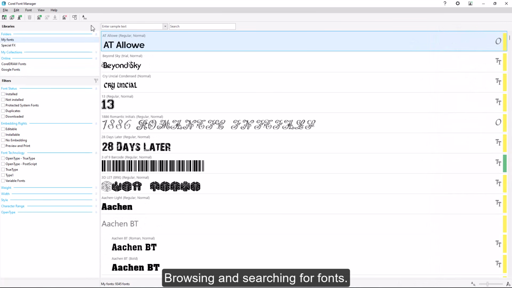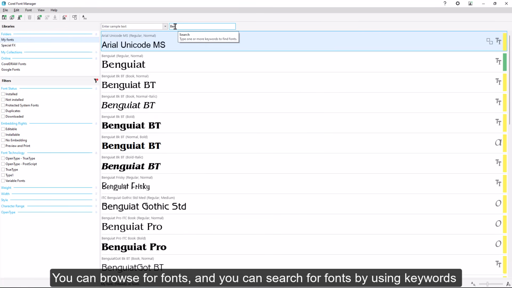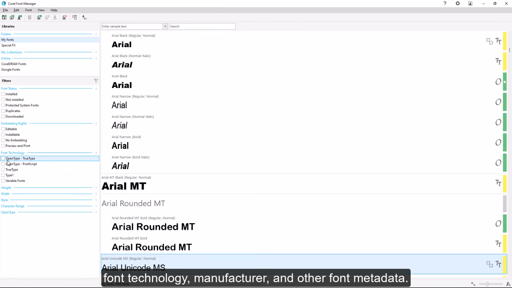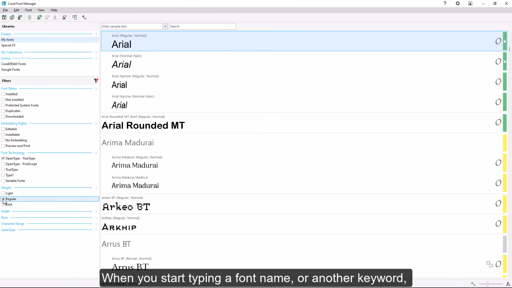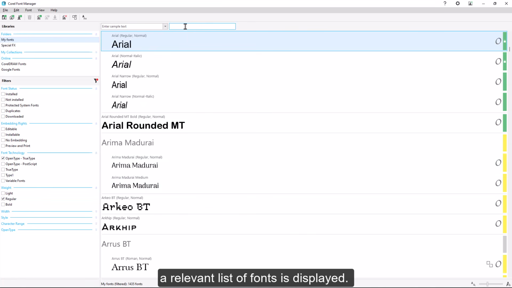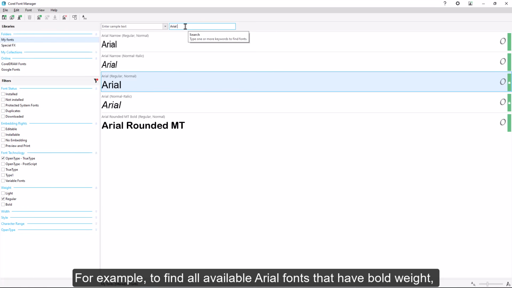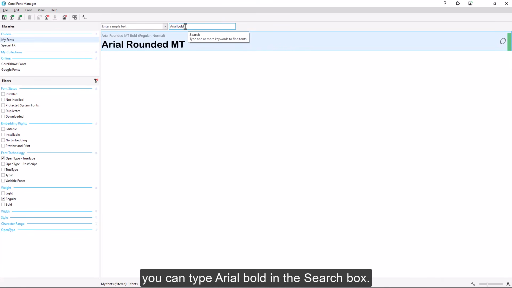Browsing and searching for fonts. You can browse for fonts, and you can search for fonts by using keywords that include font names, font technology, manufacturer, and other font metadata. When you start typing a font name or another keyword, a relevant list of fonts is displayed. This list is automatically updated as you type. To refine your search, you can type 2 or more keywords. For example, to find all available Arial fonts that have bold weight, you can type Arial bold in the search